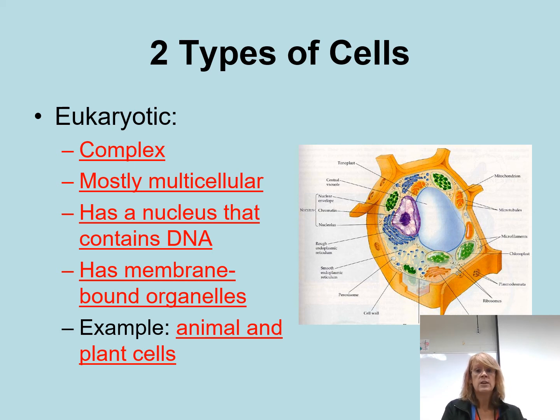If you think of a eukaryotic cell as a city, it's going to have lots of different buildings inside of it, and those buildings have different jobs. Just like here, we have grocery stores, we have department stores, we have bakeries, we have factories, we have office buildings, we have police departments, we have the post office. All of these are found in the eukaryotic cell. They're mostly multicellular. They do have a nucleus, and that nucleus is going to help protect their DNA. And so basically, any type of cell in nature that's not a bacteria is a eukaryote.